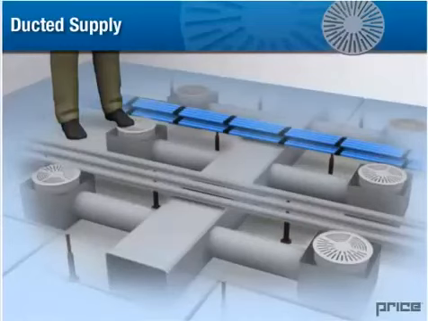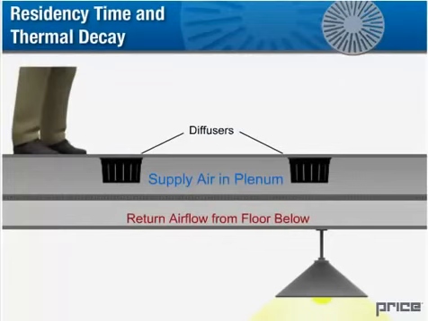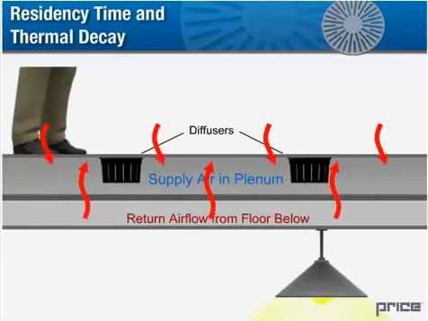Ductwork is typically installed on the floor and is not suspended from the underside of the raised floor. When designing an underfloor system that uses a pressurized floor plenum, residency time of the supply air is an important factor. While in the plenum, the supply air is affected by the room above and below it. Heat can be transferred through the floor tiles from the room above or through the slab heated by return air